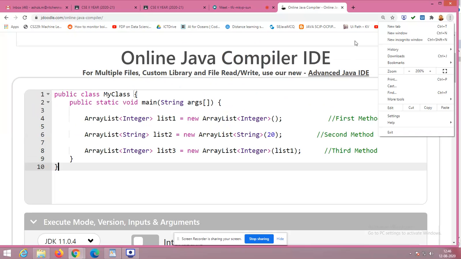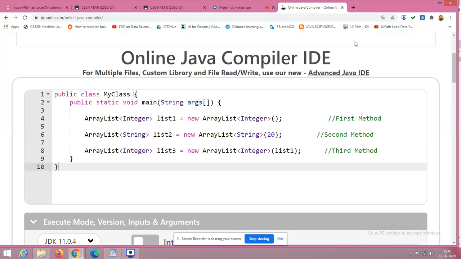What is the output of this program? That's my question. We are learning, right? Right or wrong, you can convey your answer. I have not given any print statements here, so ultimately I won't get any output here. But this program will give an error. Why? Anybody of you? This program will give an error. Why?